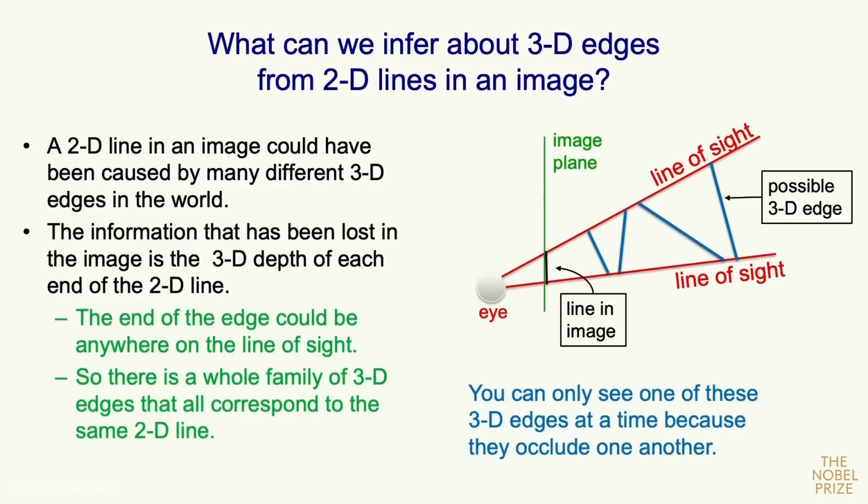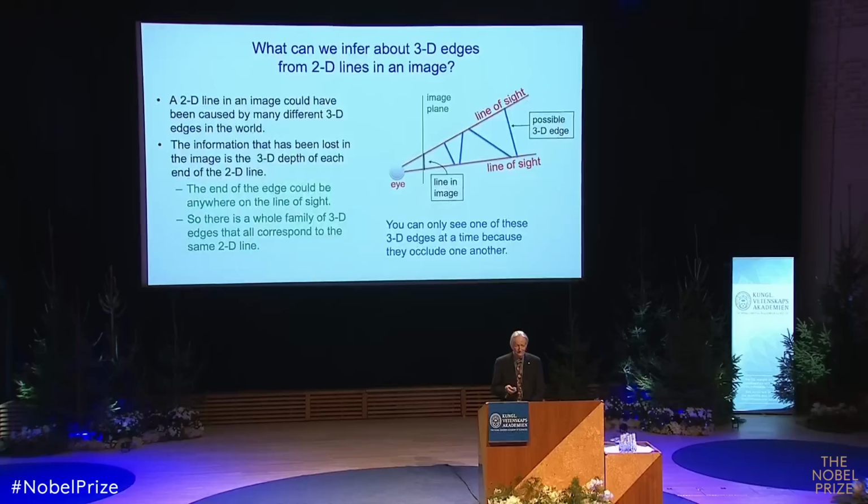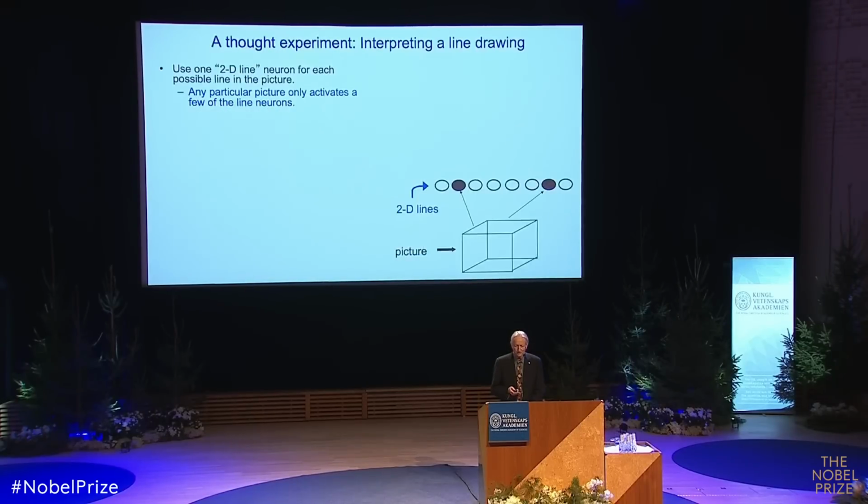You can only see one of them at a time if objects are opaque, because they all get in each other's way. So you know that that line in the image has to depict one of these edges, but you don't know which one. We could build a network where we started off by turning the lines into activations of